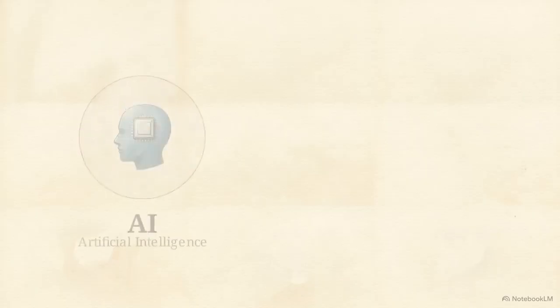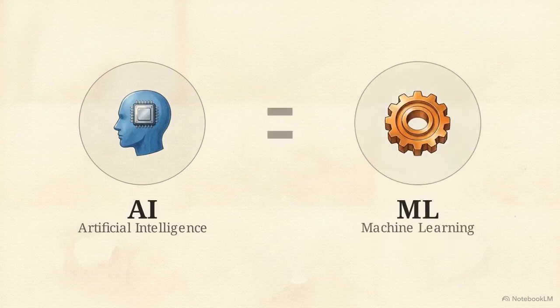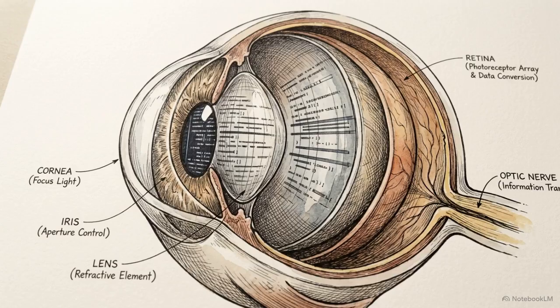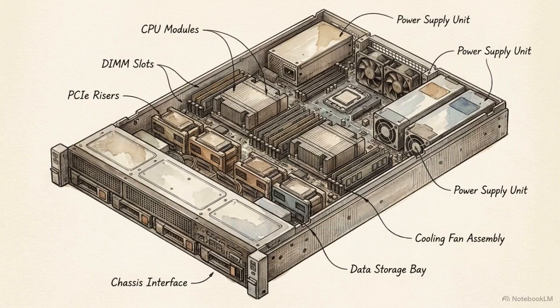But right next to it, you'll often see a second term deployed in the exact same conversations: machine learning. Because they appear side by side so frequently, it is incredibly common to assume these two phrases are just synonyms for the same digital process. When we use these terms interchangeably, we lose sight of the mechanics. We stop seeing how the software is built, which makes it harder to identify why it makes the mistakes it does. To understand what modern tech is doing, we have to pop the hood and look at the components separately.